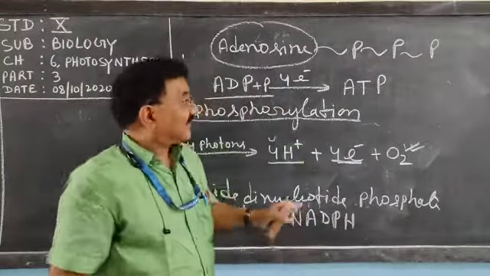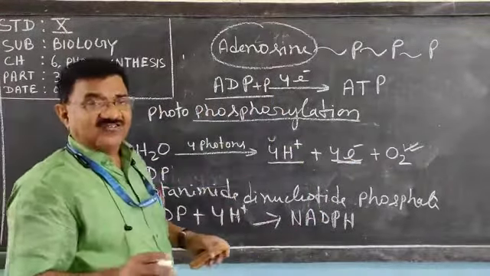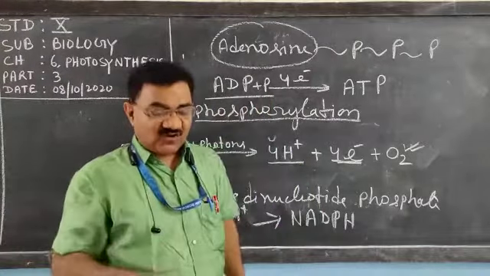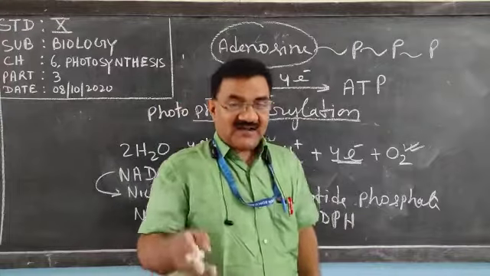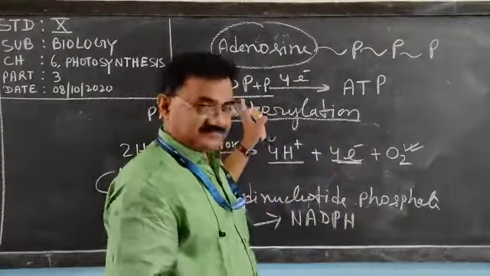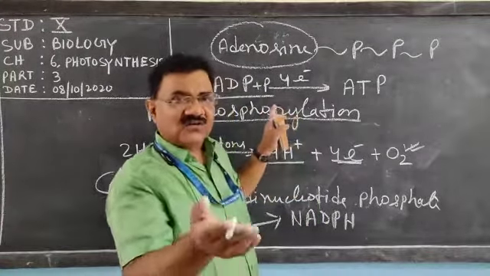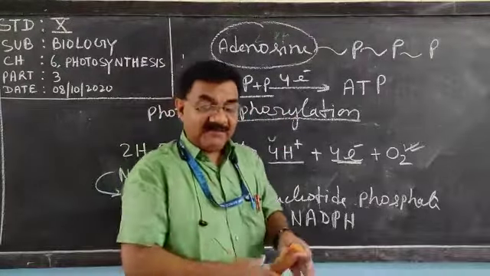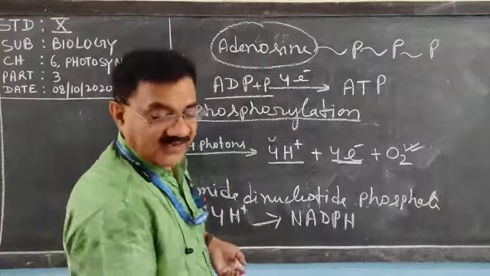So this part is clear. The light phase we have understood, the three steps in the light reaction: activation of chlorophyll, splitting of water, and third this one. NADP is converted to NADPH and ADP is converted to ATP. So next part,